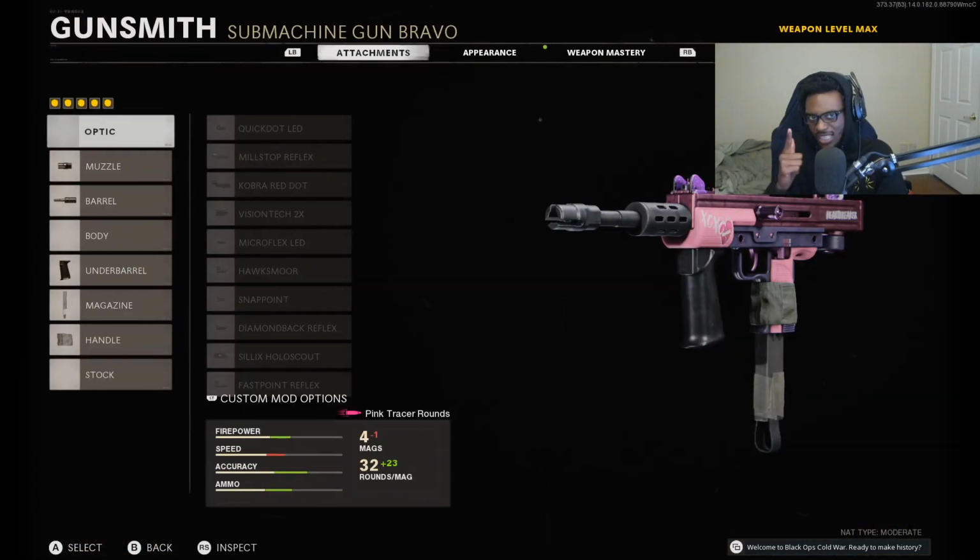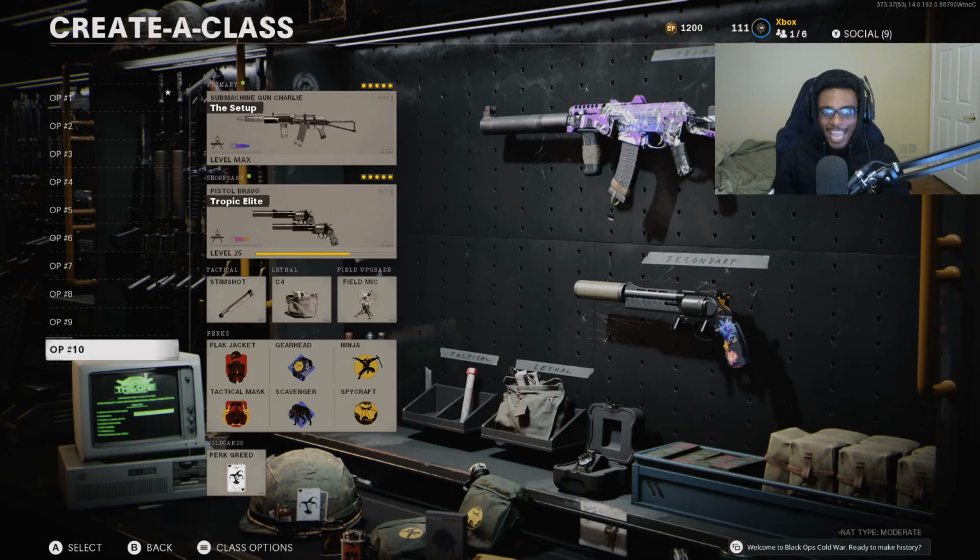Again, check out this class setup. In my opinion, it is the absolute best and the fastest killing Milano class setup here in Black Ops Cold War Season 4. Now, for the 10th and final class setup, we're going to take a look at the OG